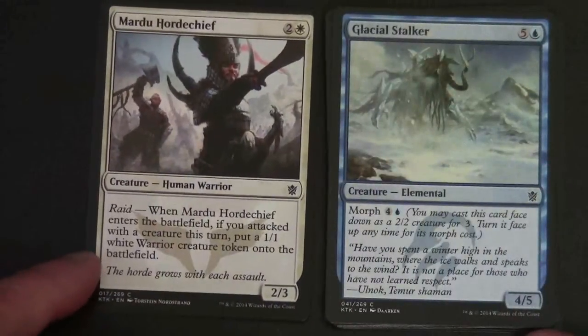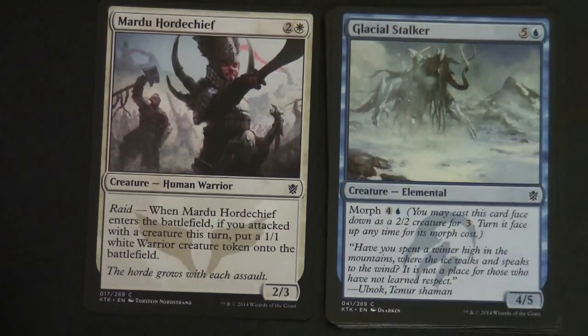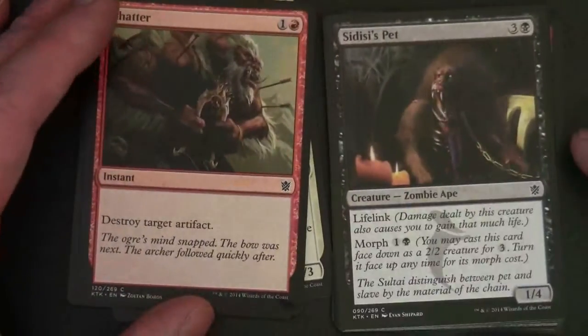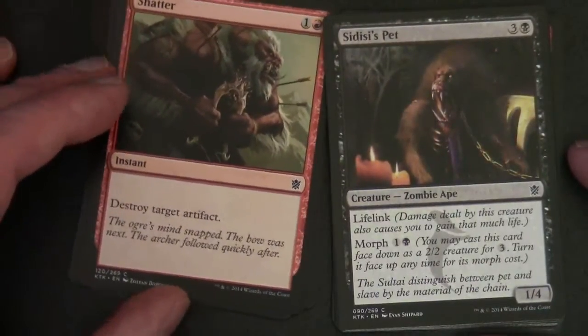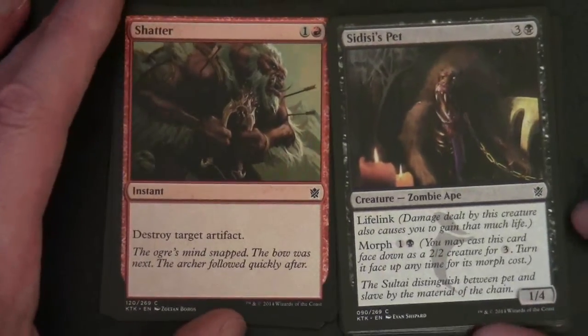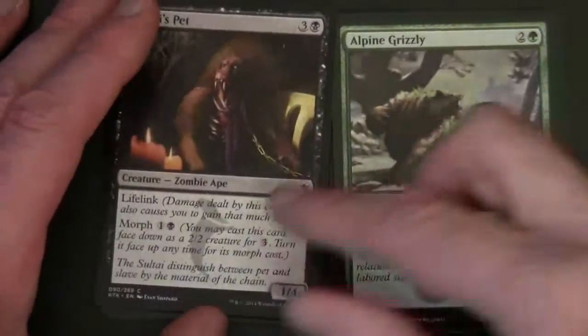Glacial Stalker, so there's morph in this. This is 5 and a blue for a 4/5. It has a morph cost, so you can actually choose to cast a creature face down as a 2/2 creature for 3, and you can turn it up at any time for its morph cost, which is 4 and a blue, or of course you can cast it for its regular casting cost. Shatter, Sidisi's Pet, which has lifelink on it and morph. So with lifelink, if you're new to Magic, damage dealt by this creature also causes you to gain that much life. Alpine Grizzly,